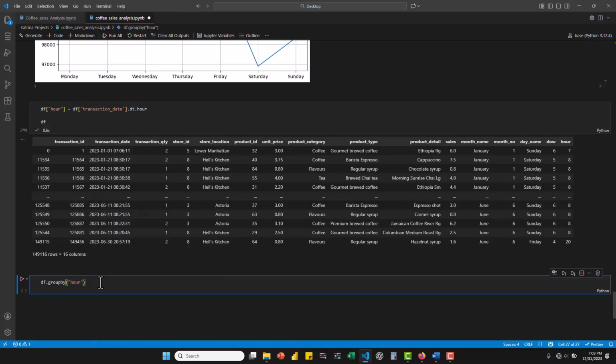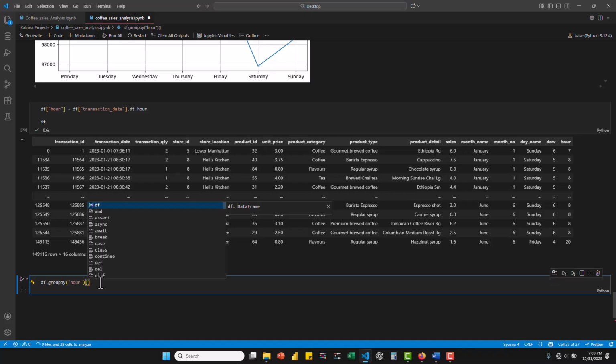Then what we'll be doing is using this transaction ID to check the count of transactions placed hourly. So now we are going to write